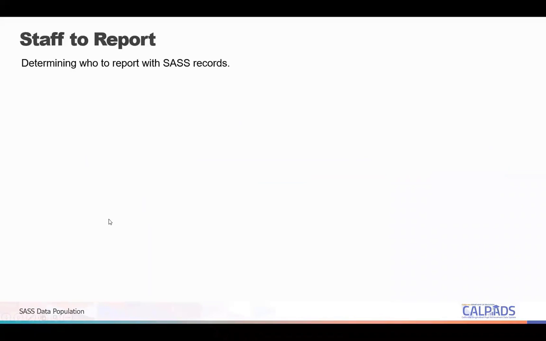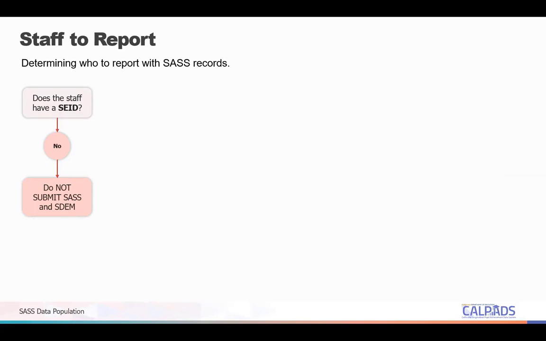The CALPADS data guide provides a list on who should and should not be reported with a staff demographic and assignment record. However, it all boils down to whether the staff employed has a SEID or not. So, if a staff does not have a SEID, do not report an SDEM nor a SASS record. Do not use the SEID 9999 on any of these records since it will trigger an error and will just